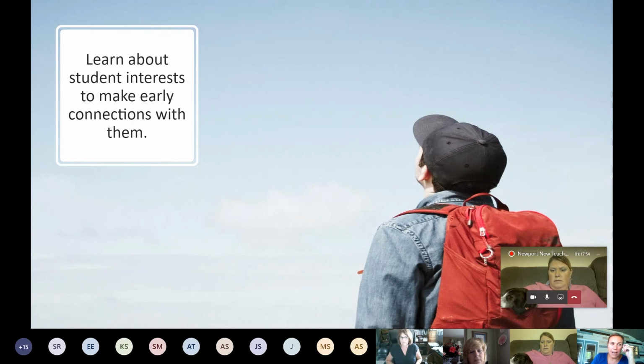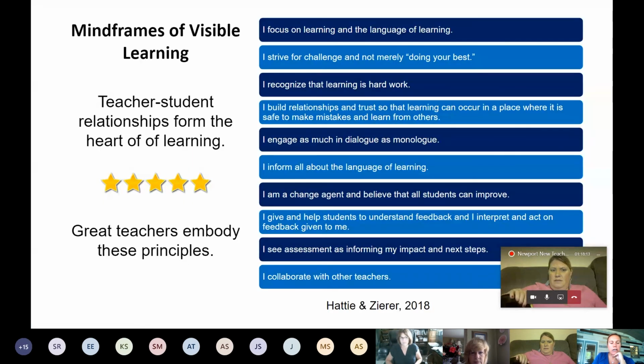I know one of my kids, I feel like they always do an all about me bag, and they'll bring it in and share. Well, same thing. One of my 3rd graders, I have to pick up his bag tomorrow. And so that first week, I think they're all going to take turns online sharing their all about me bag. So think about how we're going to learn the interests of our kids.